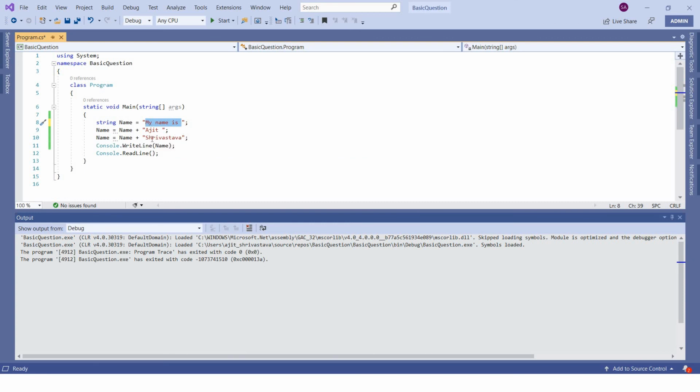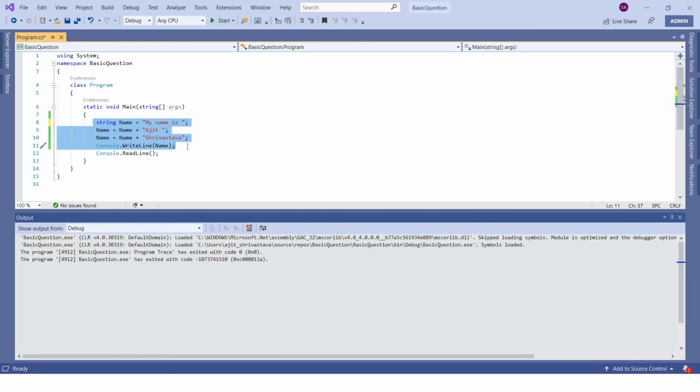Due to that reason, updating a string variable is a very costly operation. You will not be able to see this because currently our system is highly configurable, and this is a very minimal operation that we are performing. But just assume that we are performing lakhs of operations on a particular string. There you can easily observe the lagging.